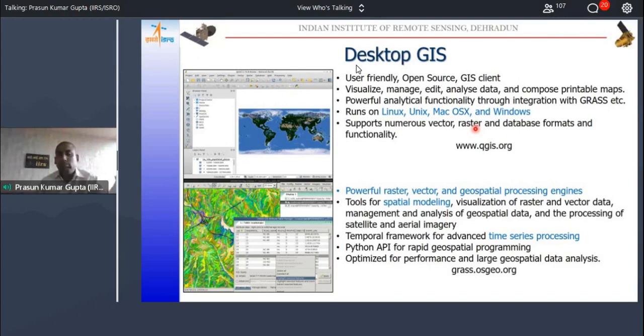All these different file formats can be added seamlessly without changing it to some other format. Just drag and drop in QGIS and it works. Image processing. So these are, that is about QGIS.